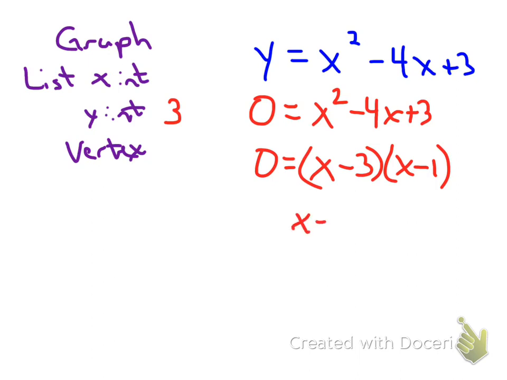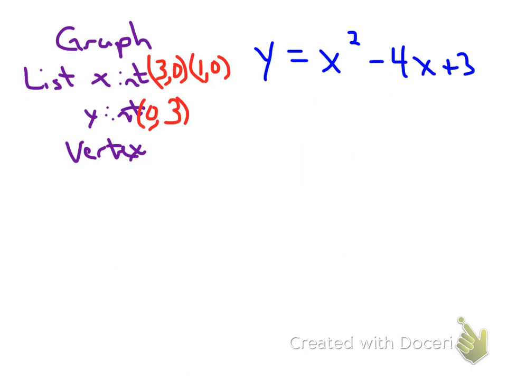My x-intercepts then, using zero product property, are 3 and 1. So 3, 0, if you want to write it as a coordinate point, and 1, 0. The y-intercept would be 0, 3. Now, another thing I can do